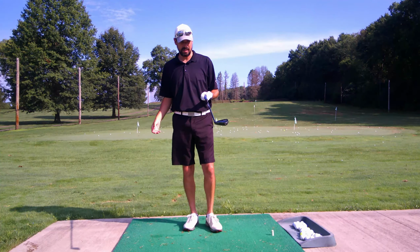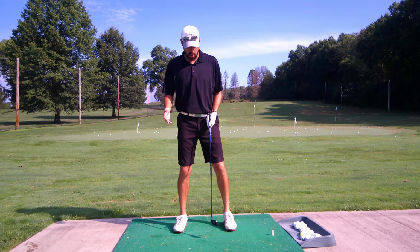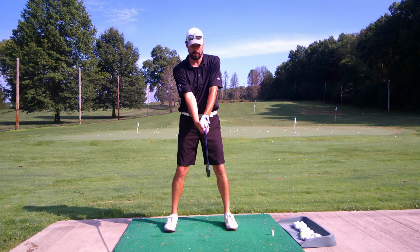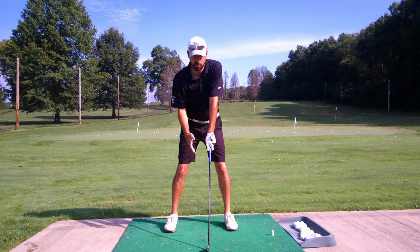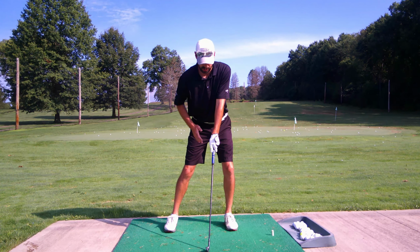All right, so I got my 7-iron here. Now let's talk about Kirk's iron method. So with his irons, again, the feet are a little bit wider than the hips. You're taking that same grip, a little bit of bend in the knees, you bend over to the ball. But what his difference is, he wants you to shift those hips forward, which kind of gets that weight on